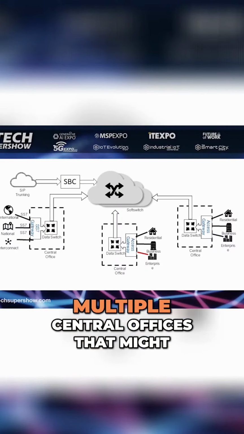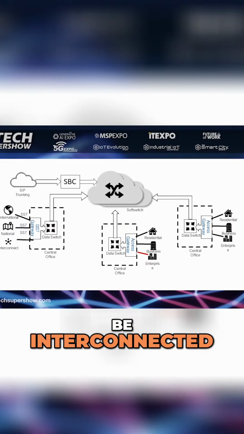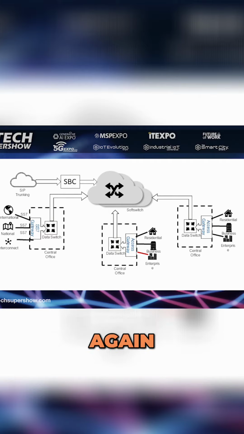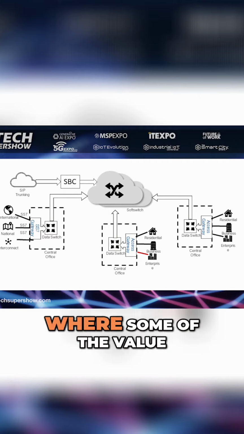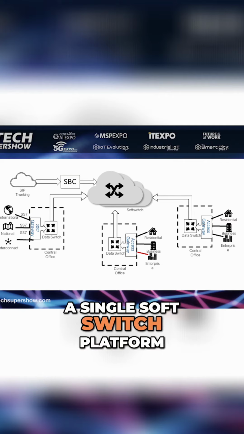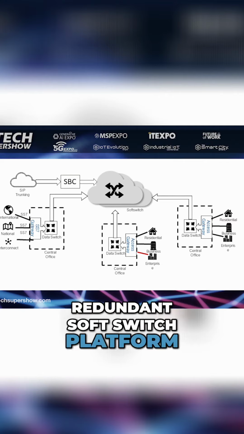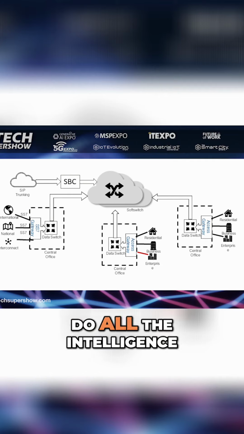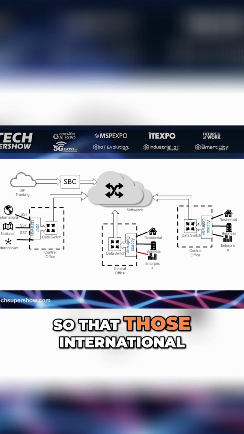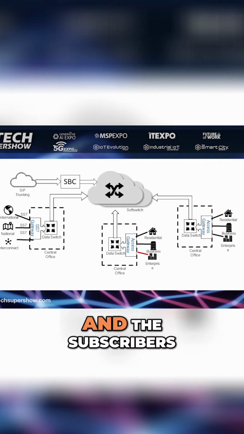Then, of course, you've got multiple central offices that might be interconnected. And again, they're all going to be interconnected now in the transformed network in a pure IP environment. Again, still using a common soft switch. And this is where some of the value, I think, starts to happen, is you're sharing a single soft switch platform, redundant soft switch platform, to be able to do all the intelligence or provide the features, so that those international and national interconnects and the subscribers